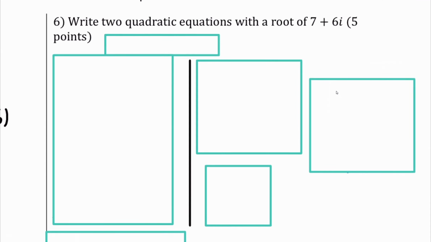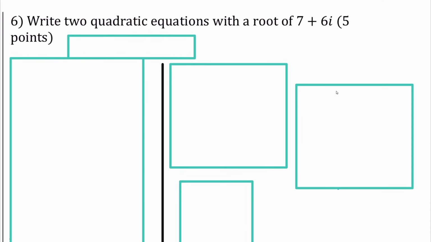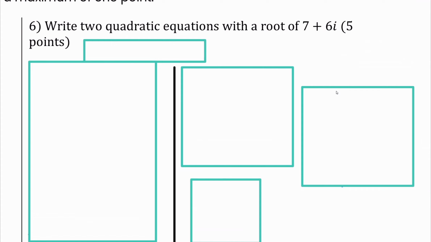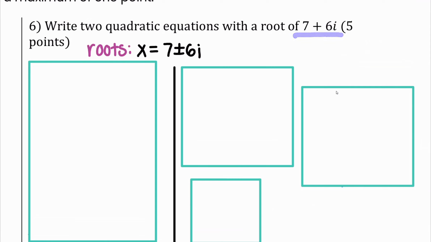Okay, let's look at number 6. Number 6 was very similar, or is basically the same thing as what we saw in number 4. So here we have one root of 7 plus 6i, and they want us to write two quadratic equations. So by the complex conjugate root theorem, we know that there must be two complex solutions, both the positive and